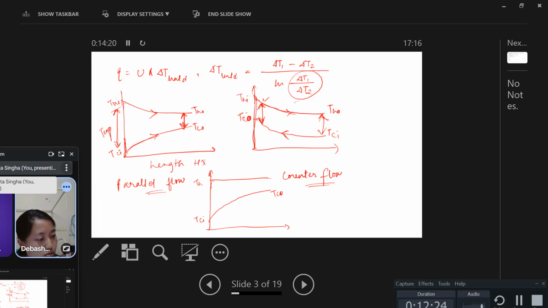So this is the condensing fluid. That hot fluid, the condensing fluid, condenses. It just changes phase. It does not change temperature. So that hot fluid is the condensing fluid. And then